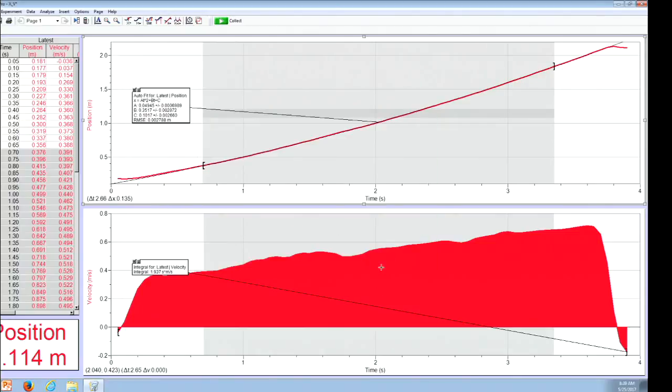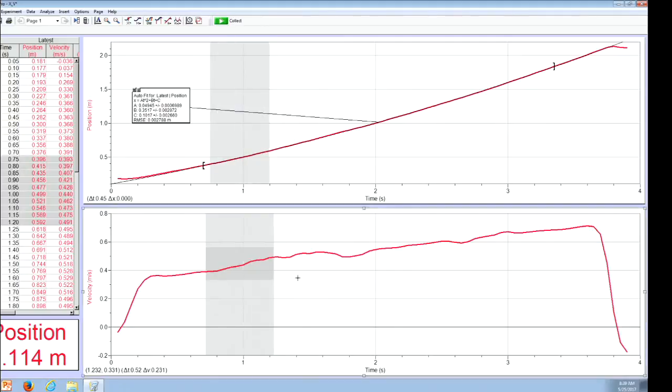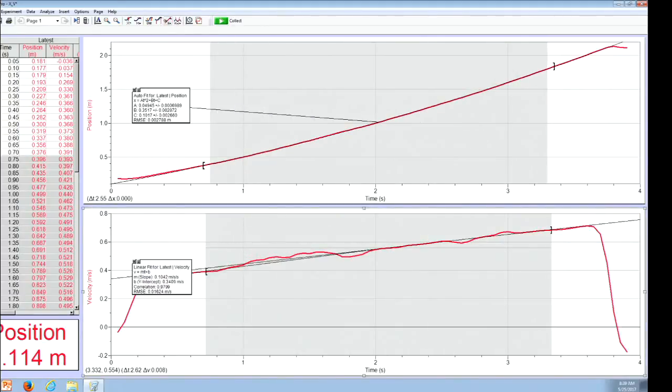And as we know, we can make a linear fit or quadratic fit. We just have to select regions close to each other. And these numbers now,